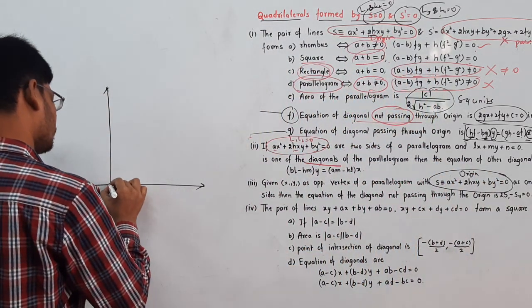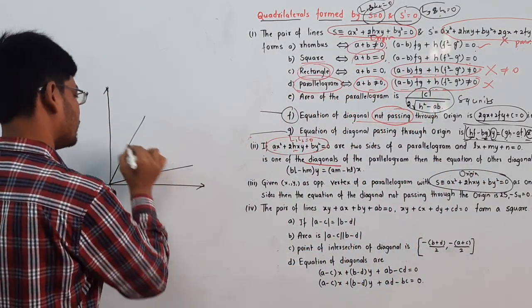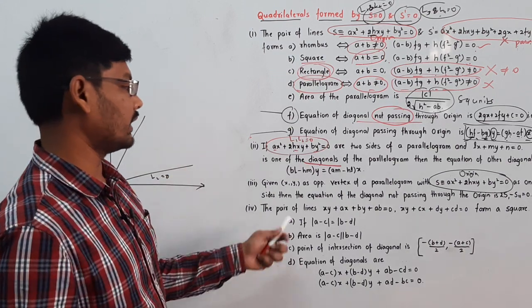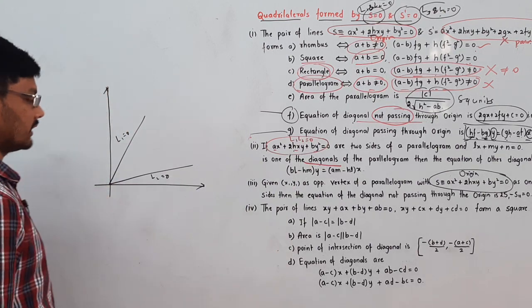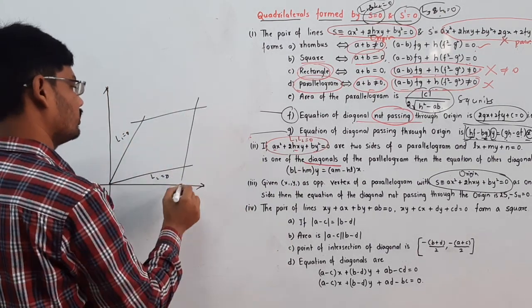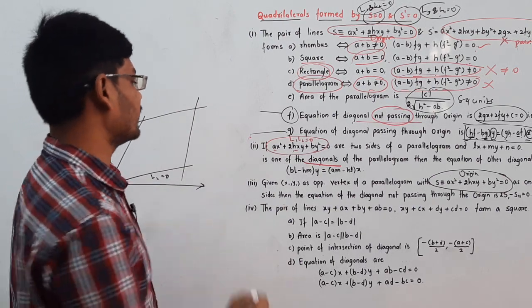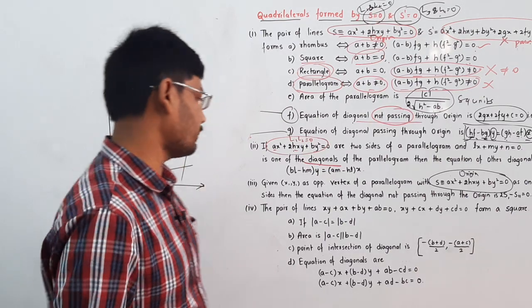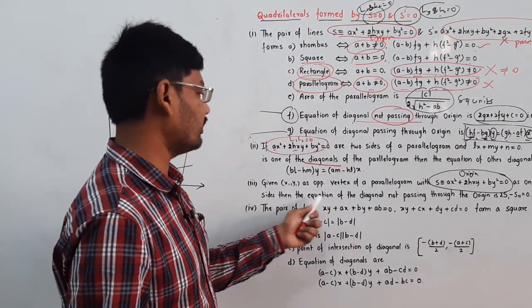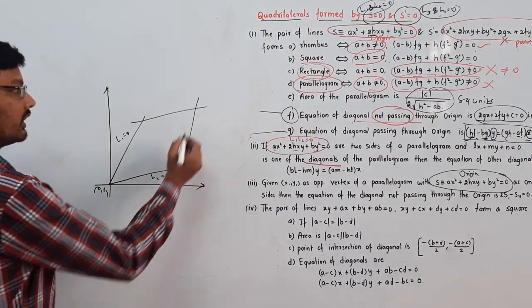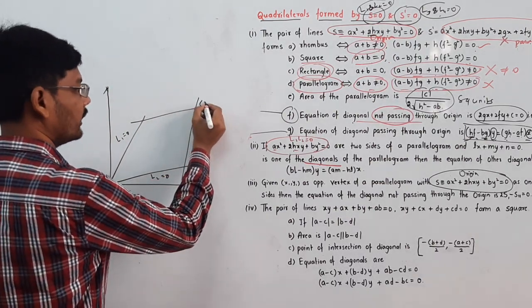I am taking these two lines, this is L1 equal to 0 and this is L2 equal to 0, and one vertex is the origin already, and one more, (x1, y1), is the opposite vertex of the lines here as one of the pair. Then the equation of the diagonal not passing through the origin is